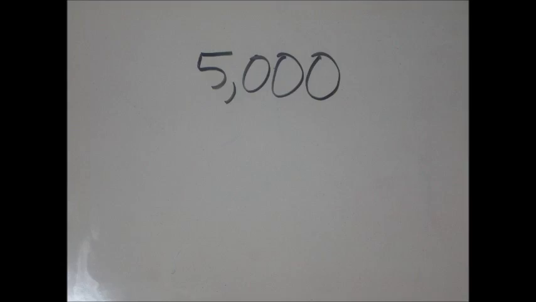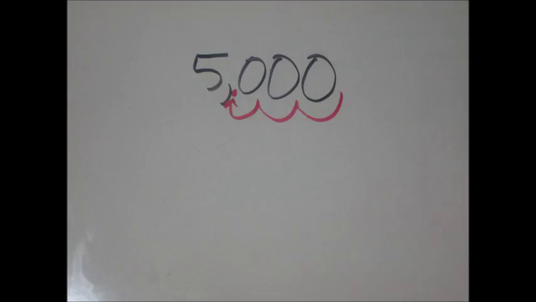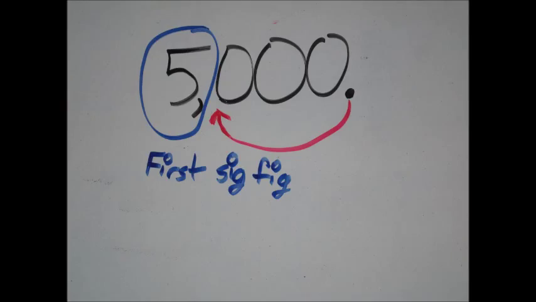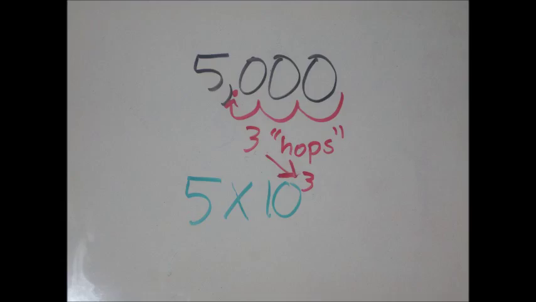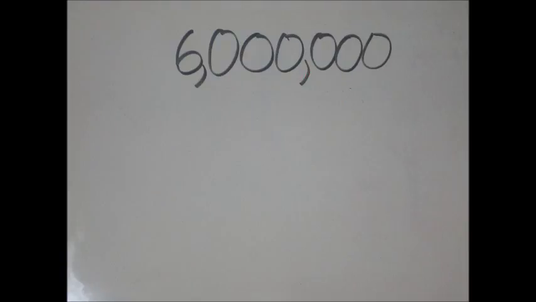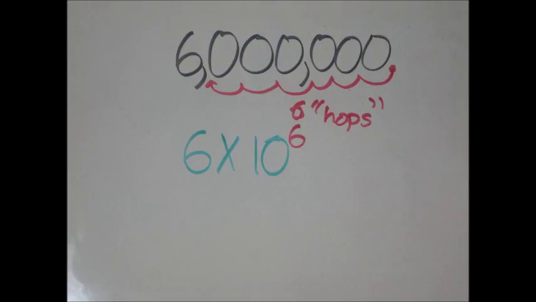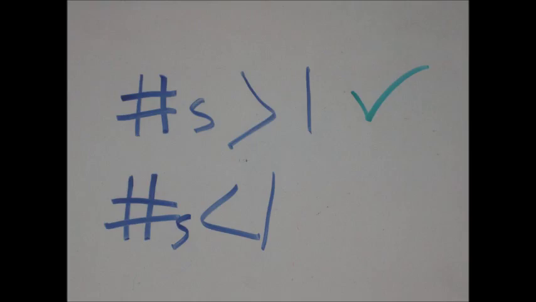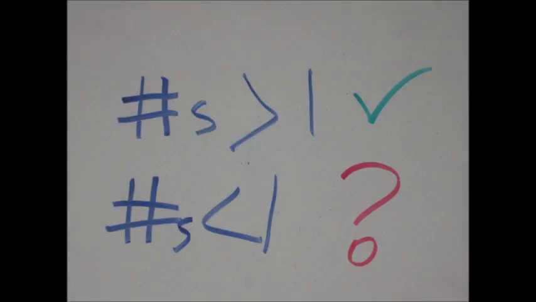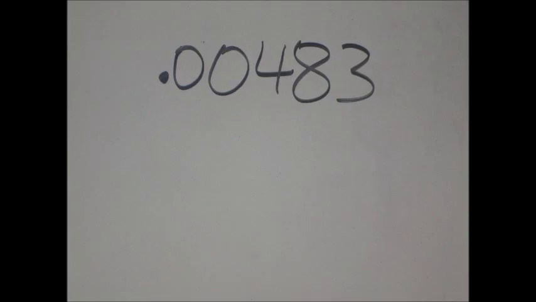We can see that an easier way to get scientific notation is to bring the decimal 3 places to the left behind the 5 and raise 10 by the number of places moved. So if we have another number like 6 million, we can bring the decimal 6 places to the left to be immediately behind the first significant figure, then take it times 10 and raise it to the 6th. Now that we know how to find scientific notation for numbers larger than 1, what about when we have a number less than 1? If we have the number